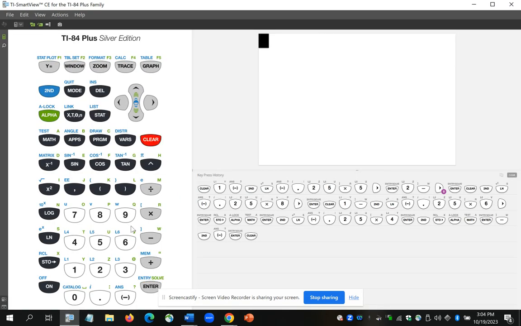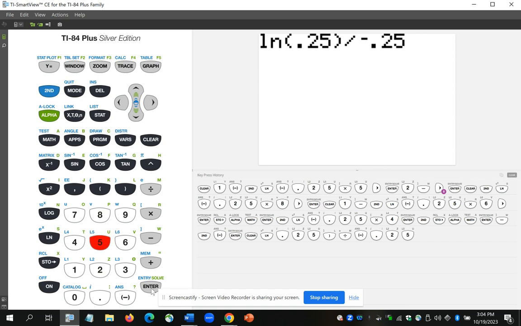Let me clear all this out. Okay, we're going to use the ln button this time. So we have the natural log of 0.25, close the parentheses, divide that by negative 0.25, the negative of the decay parameter. And we get